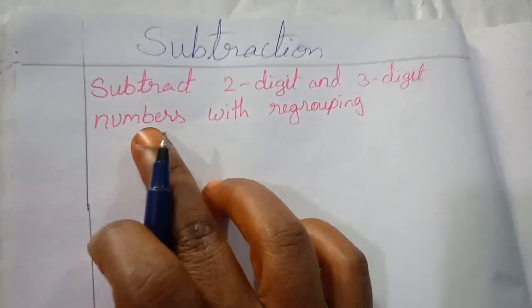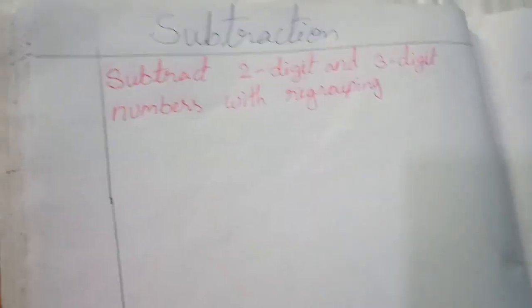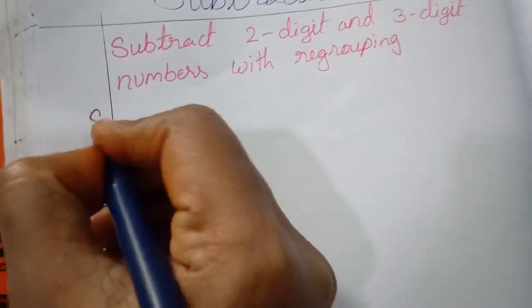Okay children, see what we are doing here. Subtract 2-digit and 3-digit numbers with regrouping. Okay, see, for example,